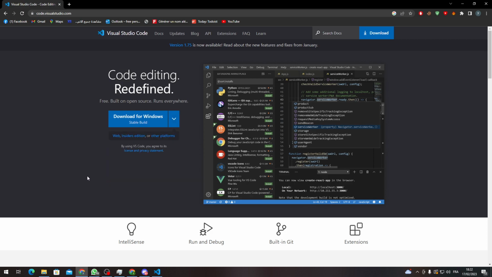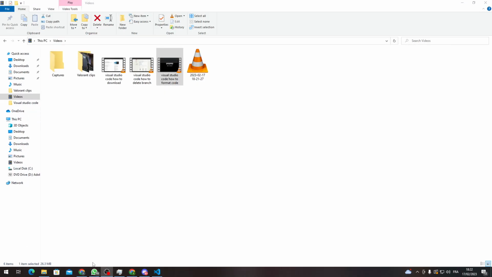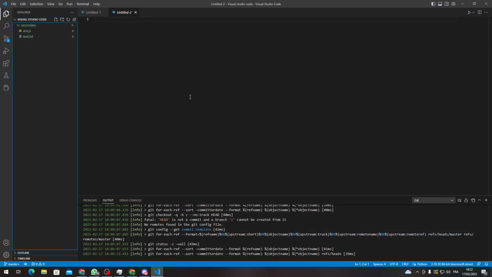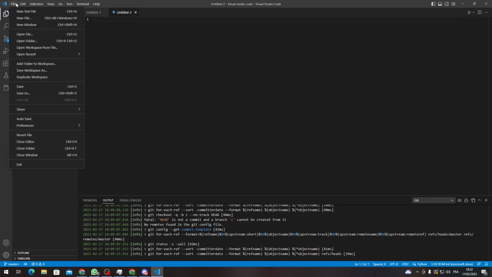After that, all you need to do is go to the installation process. It is pretty simple: next, and then install, and then create an account and log in to it. Now after we finish with that, all you need to do, guys, is pretty simple. Let's go over here, and now as you can see, all we need to do is go to file, new